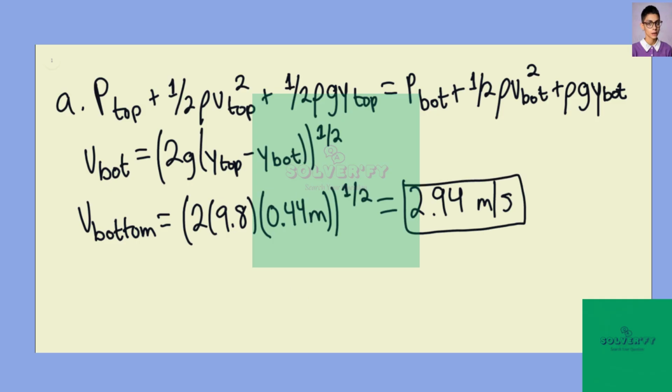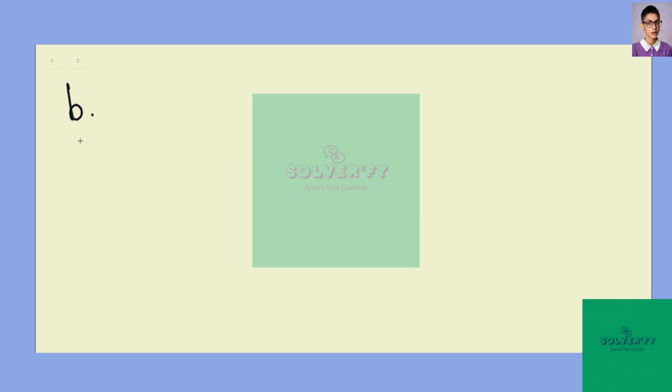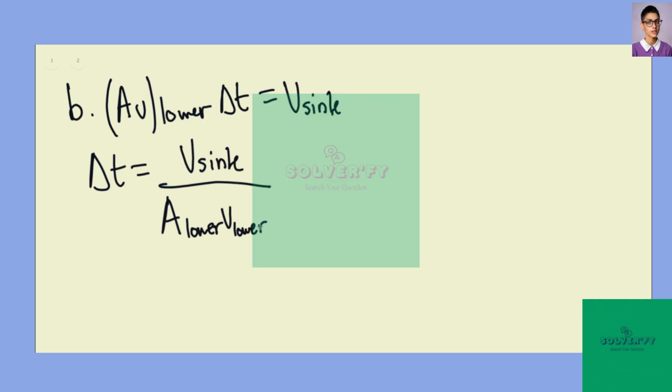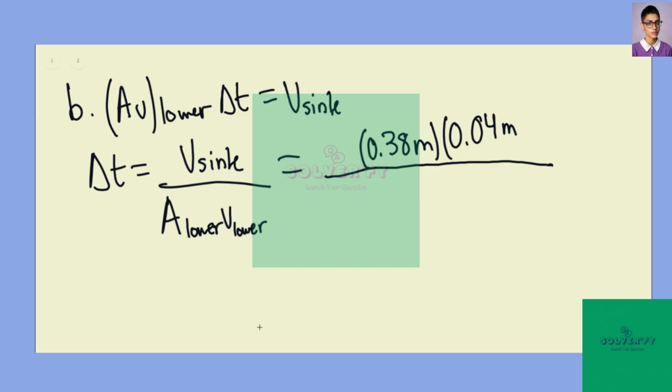And then for part B, they want us to find out the time, so how long it takes to empty out this clogged sink. So the volumetric flow rate of the lower section times T would be equal to the volume of the sink. Therefore, the time it takes would be equal to the volume of the sink divided by the cross-sectional area of the lower section times the velocity of the lower section. And so we can say that this is going to be equal to the volume of the sink, so 0.38 meters times 0.04 meters